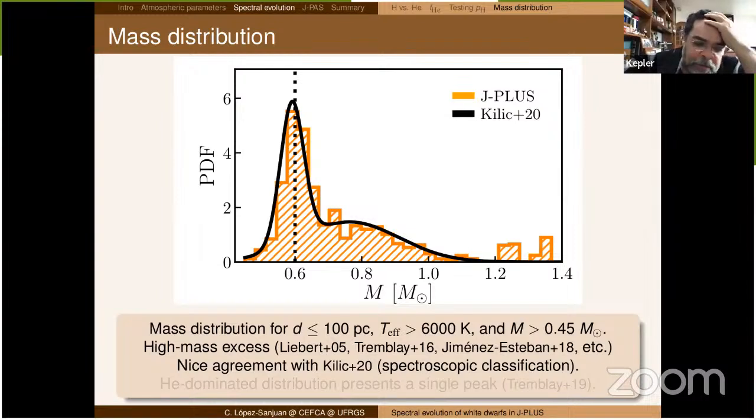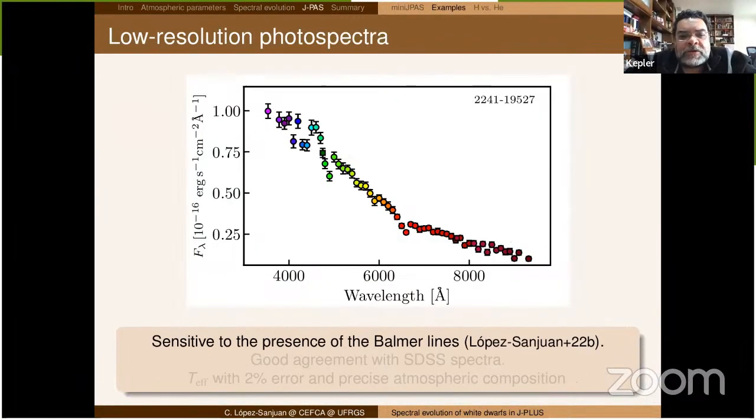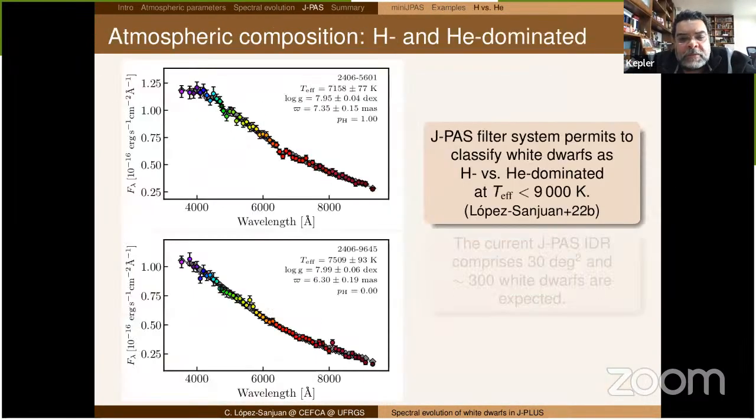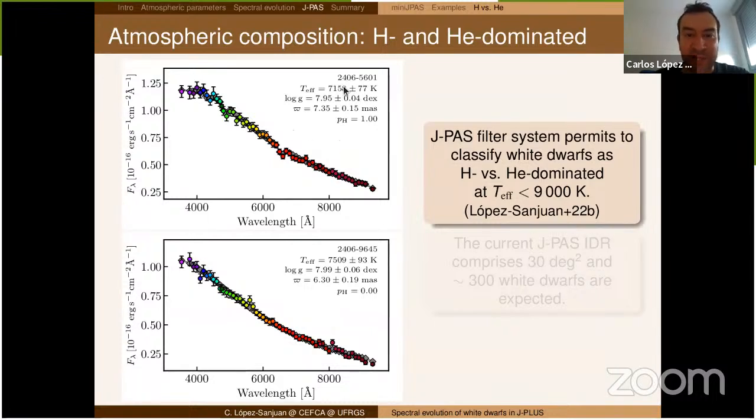Excellent. That's very important because for temperatures below 8,000 degrees, even for DAs, the hydrogen lines are so weak that it is hard to distinguish below 8,000 degrees. Yeah. The example that I provided is, I can check in the paper, the magnitude of this object. This is probably magnitude 19, 19.5, something like that. So this is what we obtain at 19.5 with J-PLUS. It is a couple of magnitudes deeper than J-PLUS, so we can go to magnitude 21 or something like that.